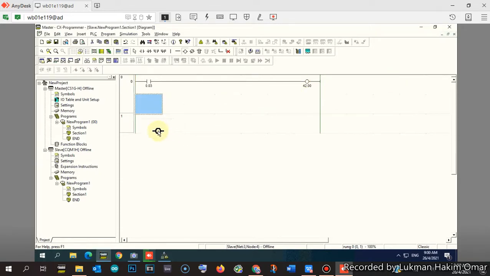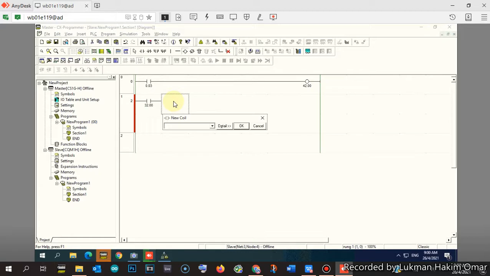Okay, and the bit that is sent from the master to the slave, and will be received by the slave, is bit 32. Just now it is bit 32, and the output number 7, I said number 7 just now, sorry. Now that one you can confirm.